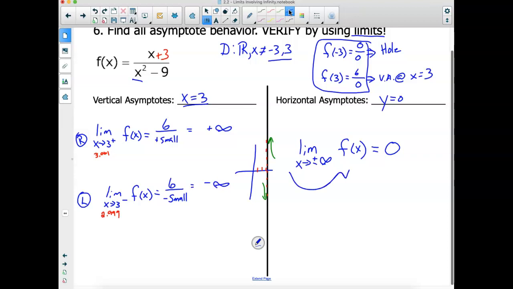This notation totally tells me that you understand how to find a horizontal asymptote. The limit as I go to infinity of a function is horizontal asymptote hunting. And whatever it outputs